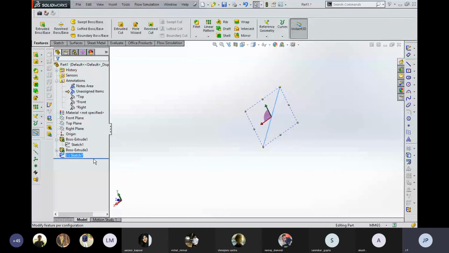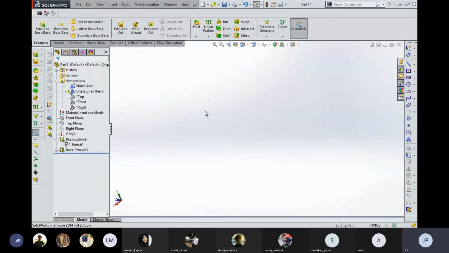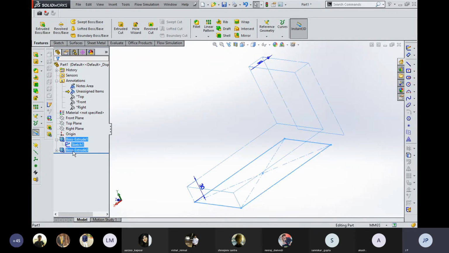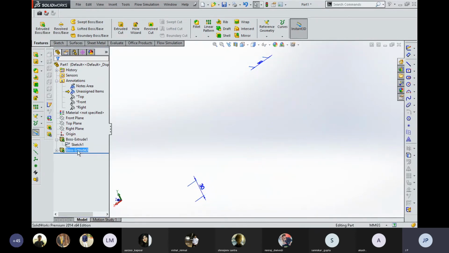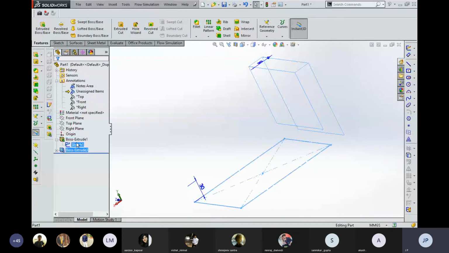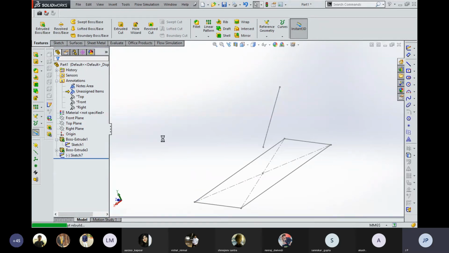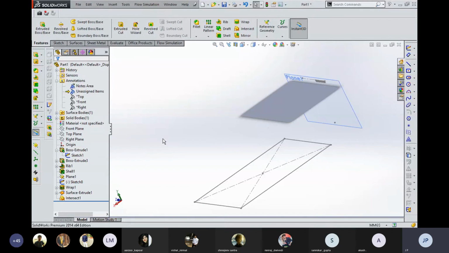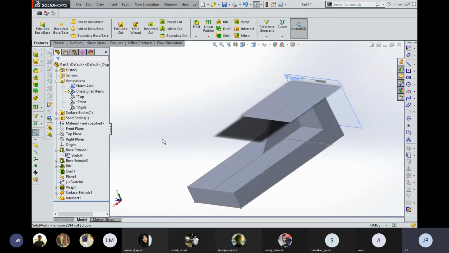This is the sketch module also. Actually all the parts are hidden right now, so we have to show them. I think there may be some graphics problem due to which the whole components are not shown. Actually we have to delete all the components one by one, that's why this thing is created.